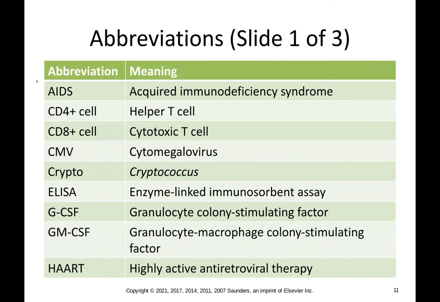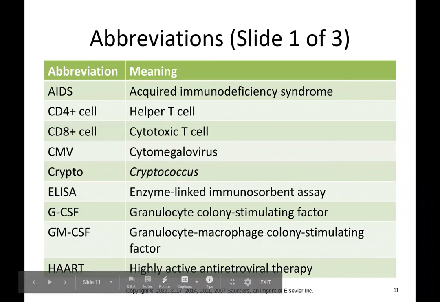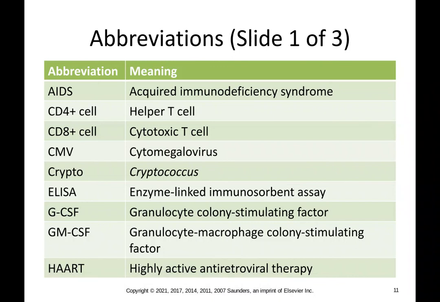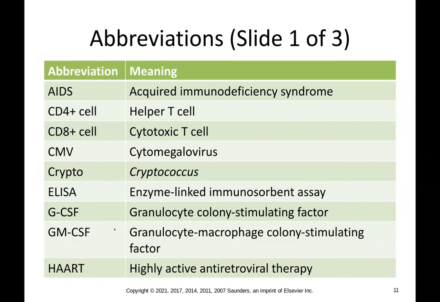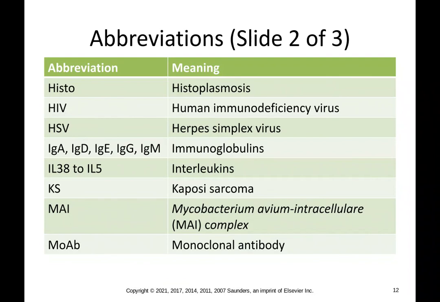So our abbreviations are AIDS, CD4 plus cell, which is the helper cell, CD8 plus cell, the cytotoxic cell, CMV, cytomegalovirus, crypto or cryptococcus, ELISA, which is the enzyme-linked immunosorbent assay, GCSF, granulocyte colony stimulating factor, GM-CSF, granulocyte macrophage colony stimulating factor, HAART, highly active antiretroviral therapy, histo or histoplasmosis, HIV, which is the human immunodeficiency virus, HSV, which is herpes simplex virus,